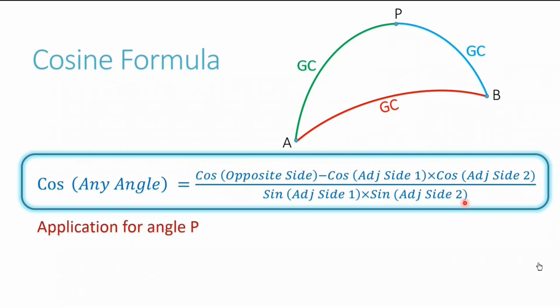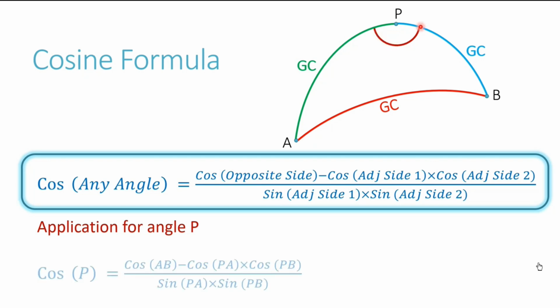Now let's try to understand the application of the formula for a particular angle. Let's consider angle P only. So we will try to apply this formula considering angle P. So the formula says cos of any angle, in our case it will be angle P now. You can see this angle P marked here in the diagram. So the cosine formula, once applied to angle P, will give us cos of angle P is equal to cos